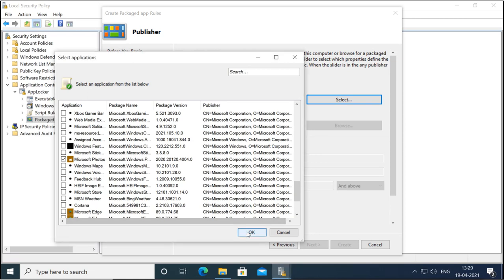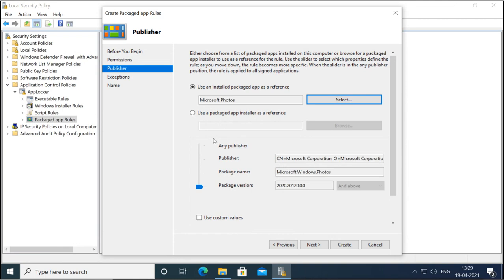Now it is showing the options for the publisher, version and package name. So you can still manage the slider to go for any version, any file name, any publisher, or you can go for a specific file and specific version.